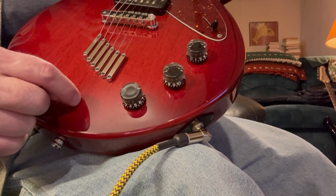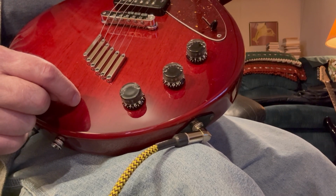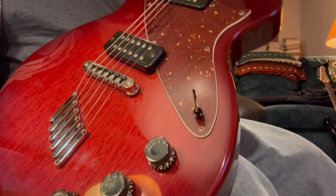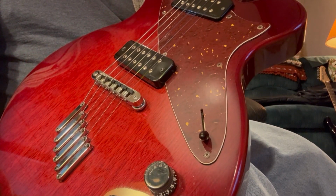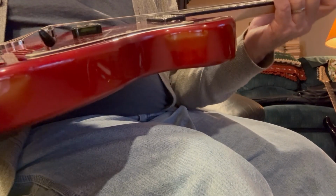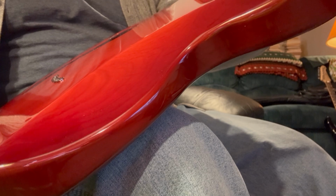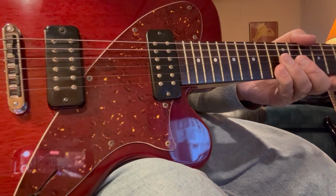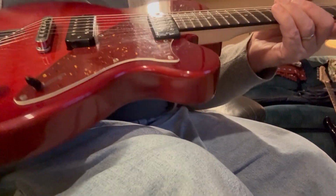These also came in what they call tobacco burst or brown, and that's what I really wanted, was the tobacco burst when I first bought this. But I'm glad I got this one. There's a little bit of a carved body there on the back, so it fits a little better. This is about the size of a Les Paul Special, except these pickups,